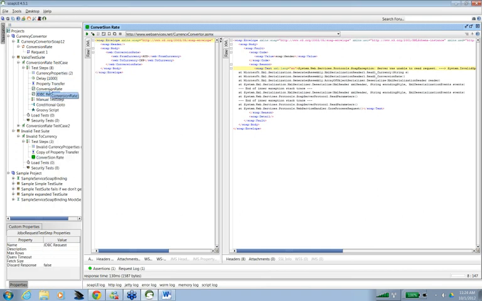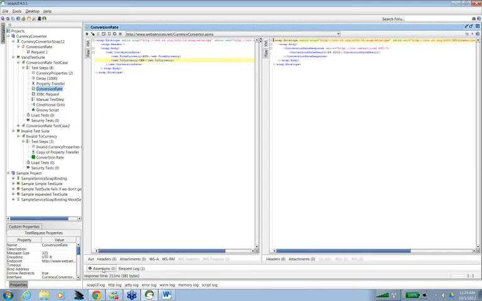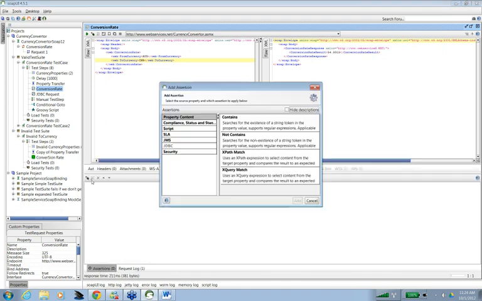So let's say I have to do some kind of assertion here. In my valid test suite, this is my actual request, and if you see in the bottom panel, there are some assertions. Let's see what are the various assertions I can do. First is property content. I can assert for a particular string.